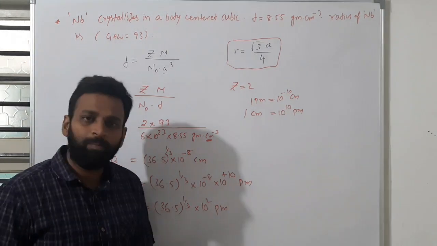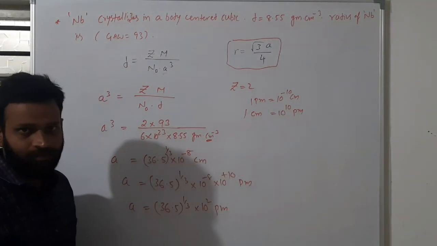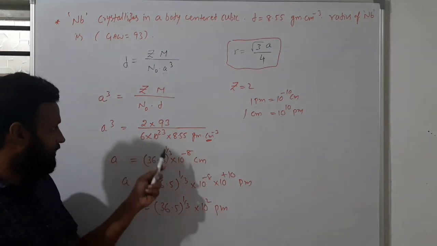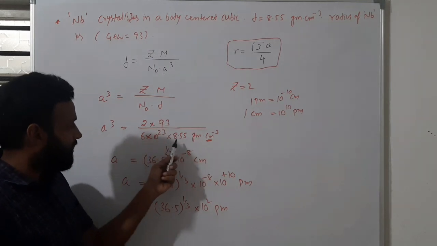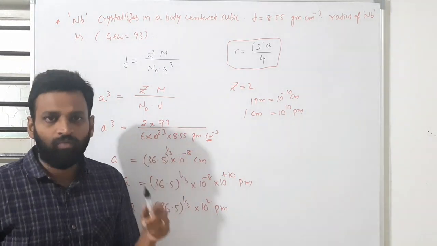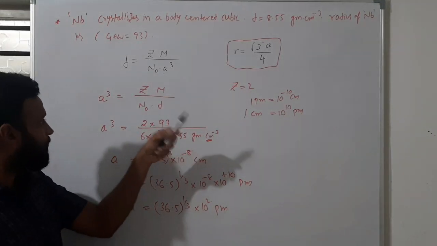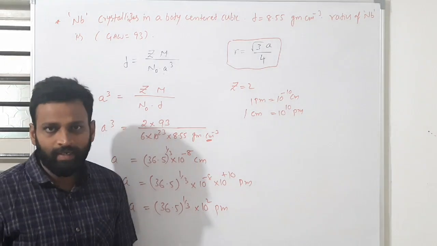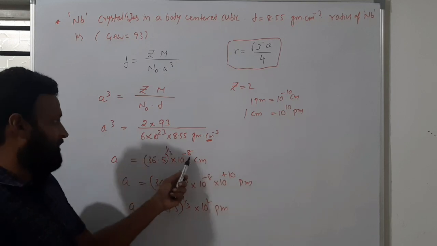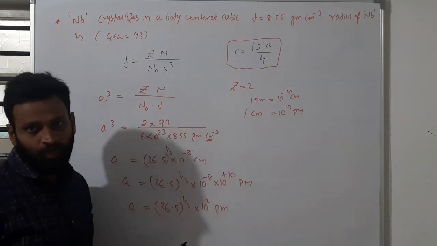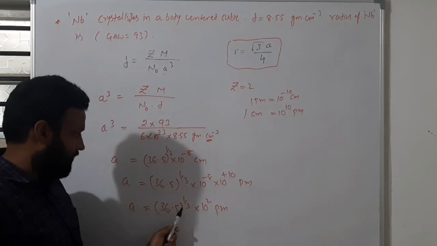Sir, if the options are in picometer, you will take picometer. If the options are in angstrom, then you will convert into angstrom. Getting what I am saying? If you simplify all these things, 10 power minus 23 actually, and somewhere if you take one more fraction, 10 power minus 24, just to simplify easily. So you will get 10 power minus 24 power 3. Correct? 10 power minus 8 remains in centimeter, because it is gram per centimeter cubic.